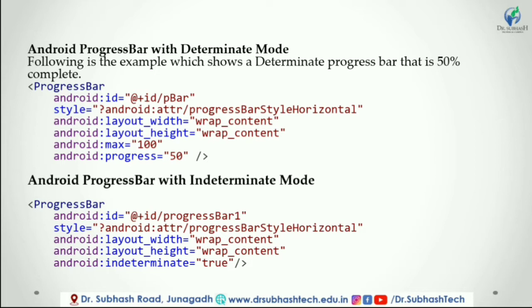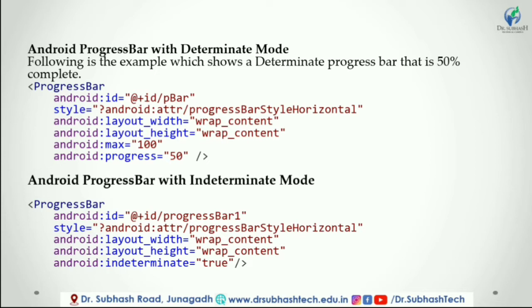By using the setProgress(int) method, we can update the percentage of progress displayed, or by calling the incrementProgressBy method, we can increase the value of current progress completed based on our requirement. Generally, when the progress value reaches 100, then the progress bar is full. By using the android:max attribute, we can adjust this default value.